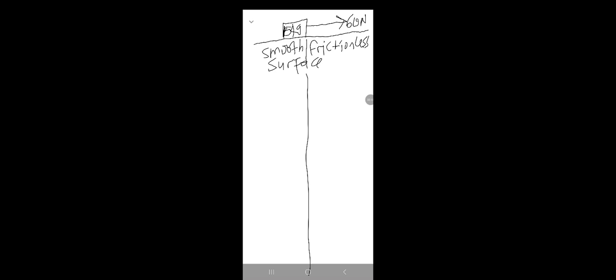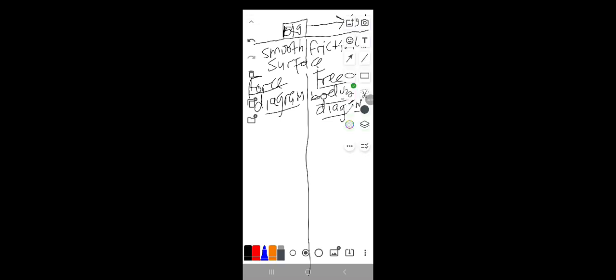From your examination guide, they say you must know how to draw a force diagram. Let's say I'm going to draw my force diagram here. A force diagram. Then there's a free body diagram. Let me use a different color here. So for a force diagram, guys, you just draw your object